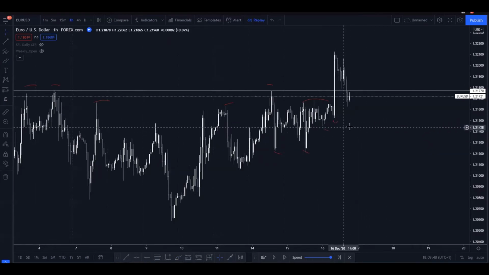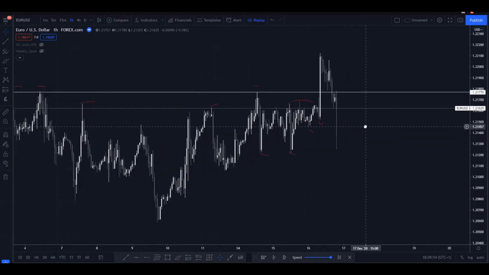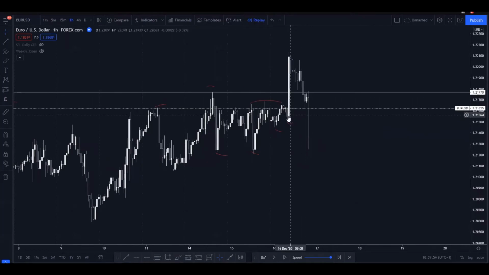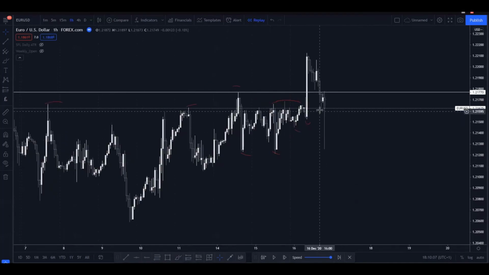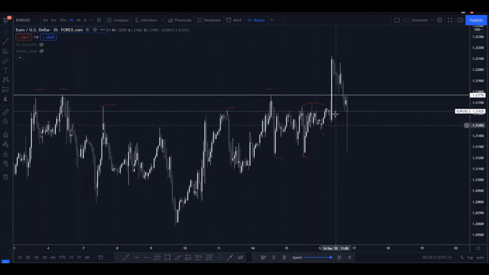So when FOMC news actually hit, we'll see what happens. So this is an FOMC candle. What does this FOMC candle do? It has now taken the stops of many people going long. If you went long in this market, you'd have had your stop underneath this candle here, or potentially underneath the previous day low as well. So the market has now taken liquidity from all these guys here. And as we took liquidity from these guys here who are short, we now took liquidity from all the guys here who are going long.